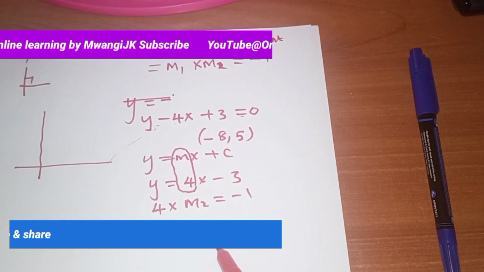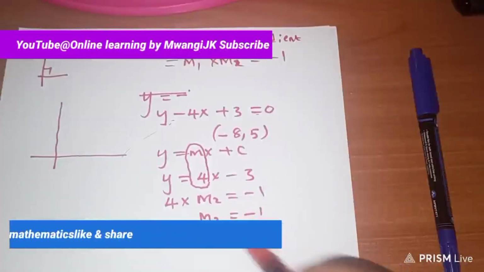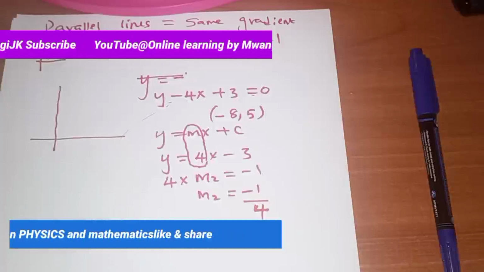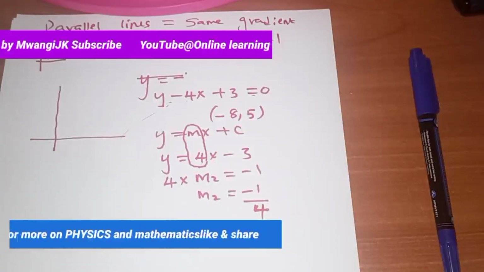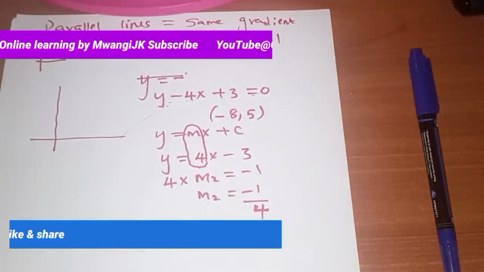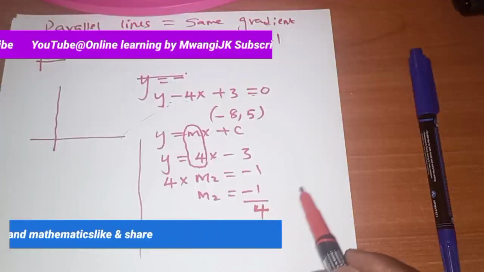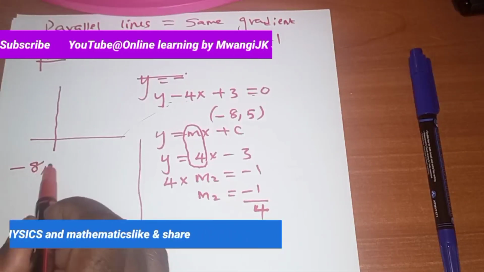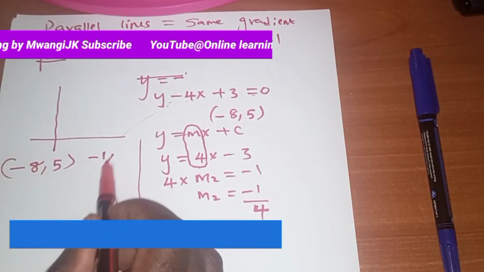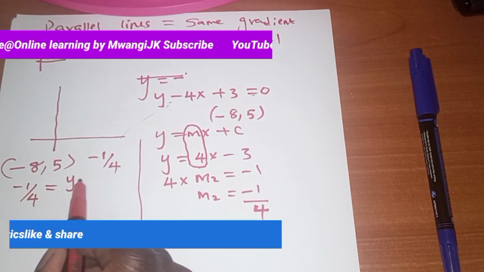And from there, I can now get m2 is -1/4. So dividing through by 4. So with that in mind now, we'll be able to come up with the equation of the line that is given. So it passes through point (-8, 5), and now we have the gradient as -1/4. So we therefore say -1/4 is equals to y minus 5